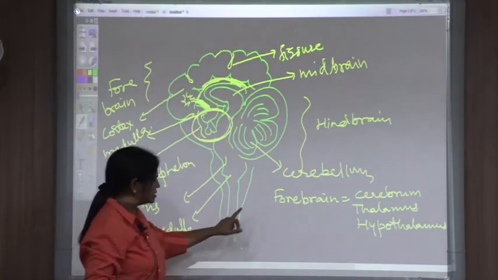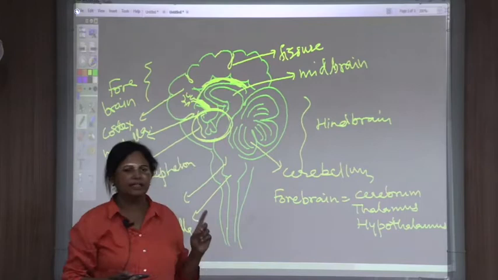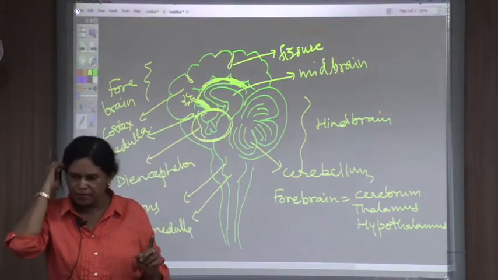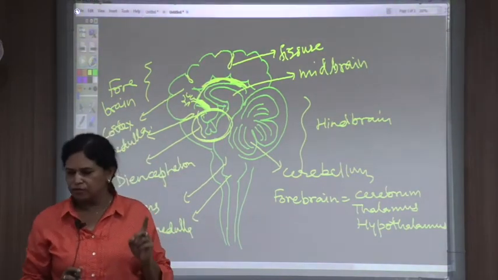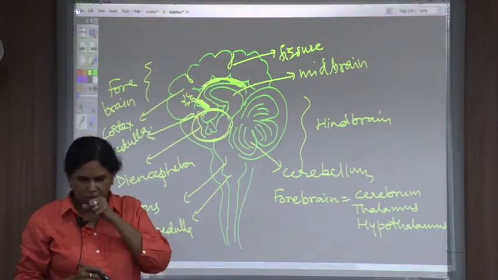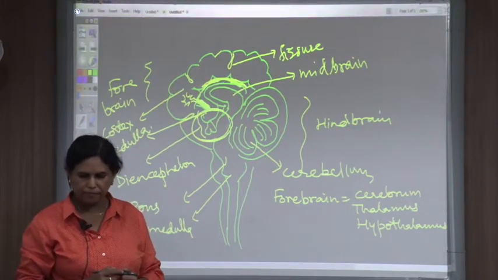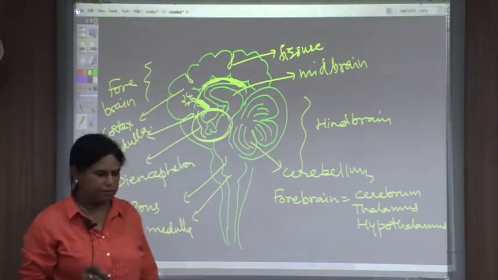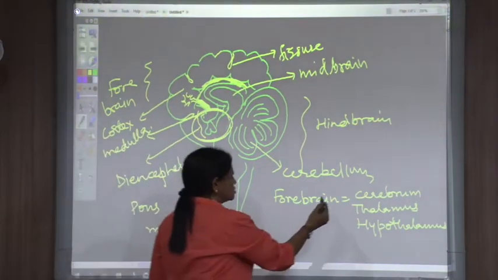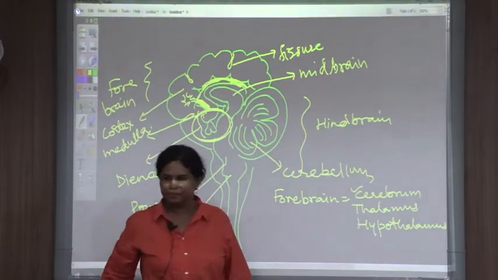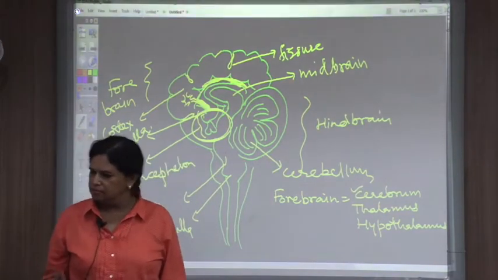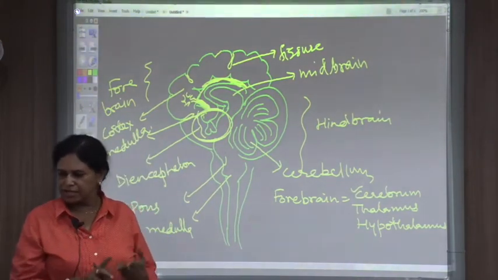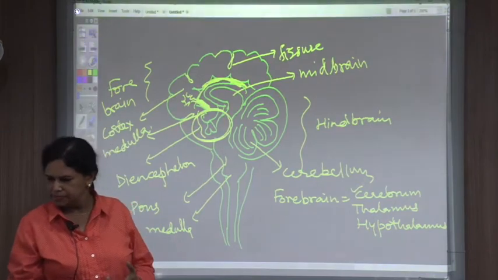And the last part, the hindbrain. Hindbrain has the cerebellum, the backside of your brain, that is a little brain. Then we have the pons varolii and the medulla oblongata, which finally ends up in the spinal cord. Now the area from the hypothalamus, the pituitary, the pons varolii and the medulla will be constituting the brainstem. So let us today talk about the functions of the cerebrum.